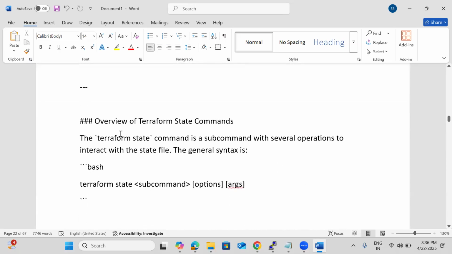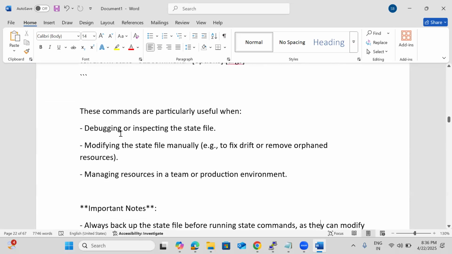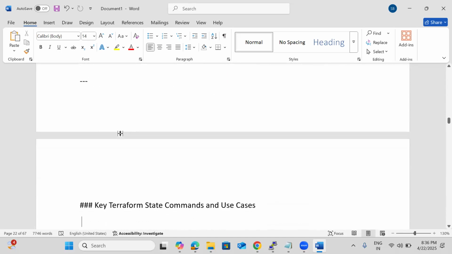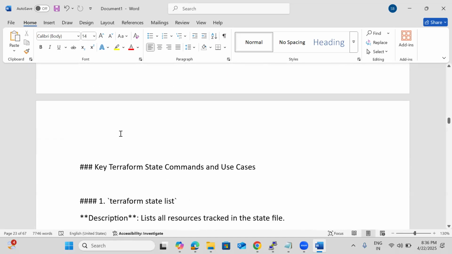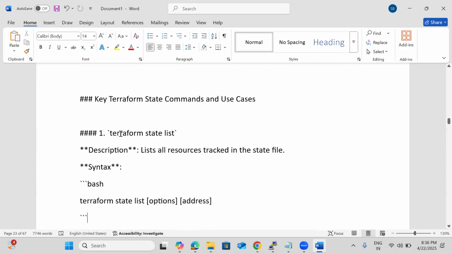Then we have the Terraform state commands also. We already discussed one command, Terraform state rm. In which use case do we use Terraform state rm? Say that resource is already deleted in AWS, but now we want to delete that resource from the state file. That resource needs to be deleted from the state file. Then I'm going to use